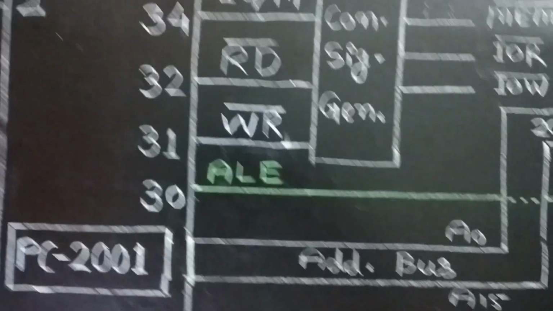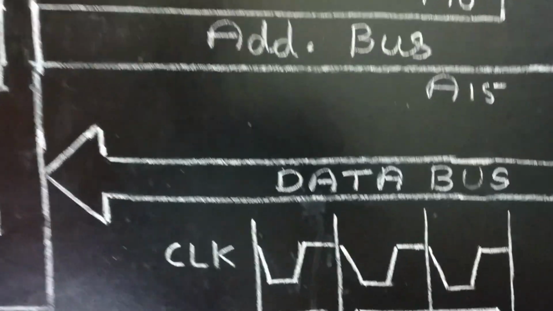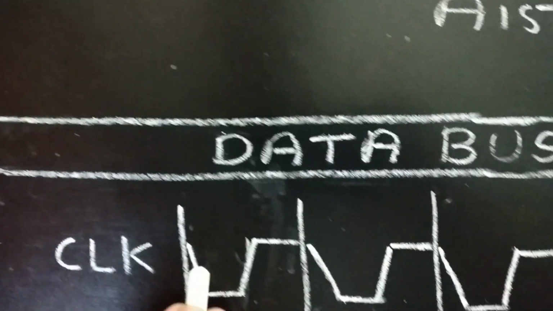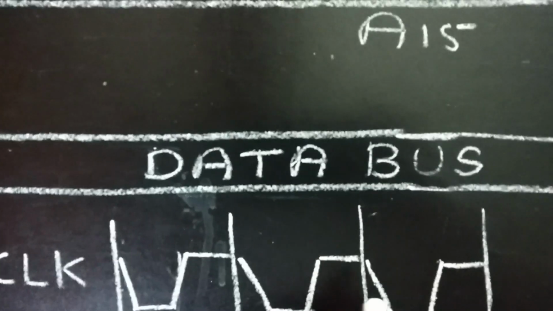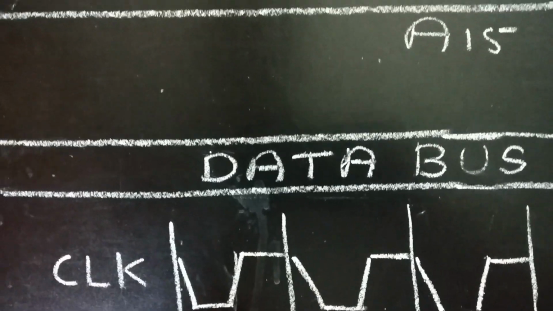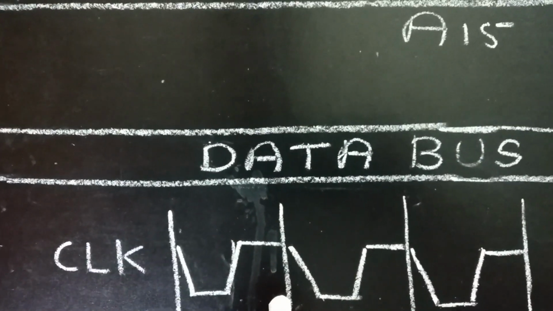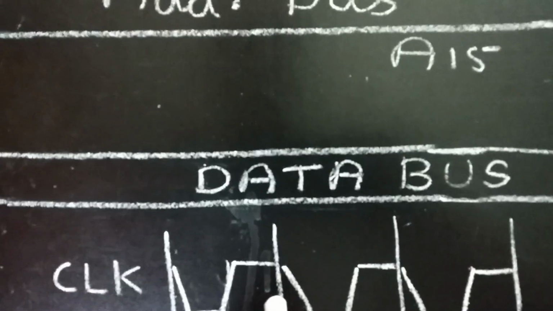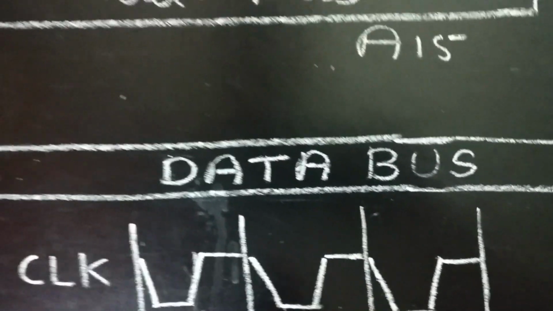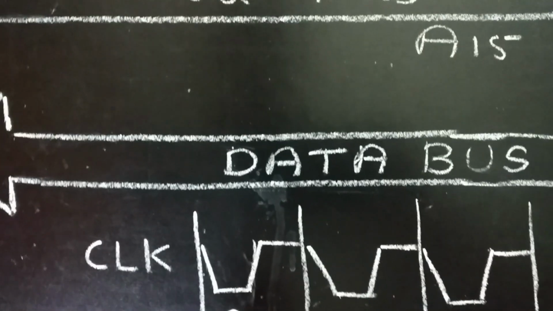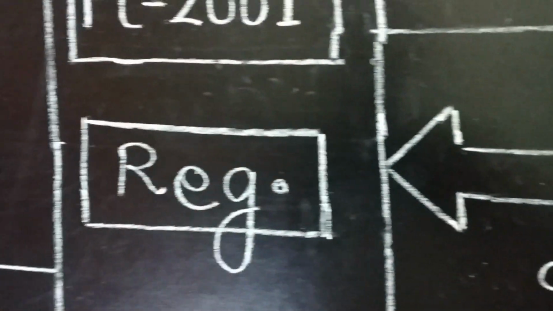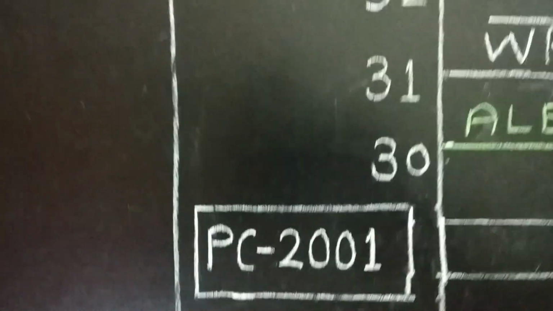Thus, for completion of different activities, these clock cycles are to be used. What does it mean? It means at different clock cycles, say clock cycle number 1, clock cycle number 2, clock cycle number 3, different activities are to be performed by the 8085 microprocessor.